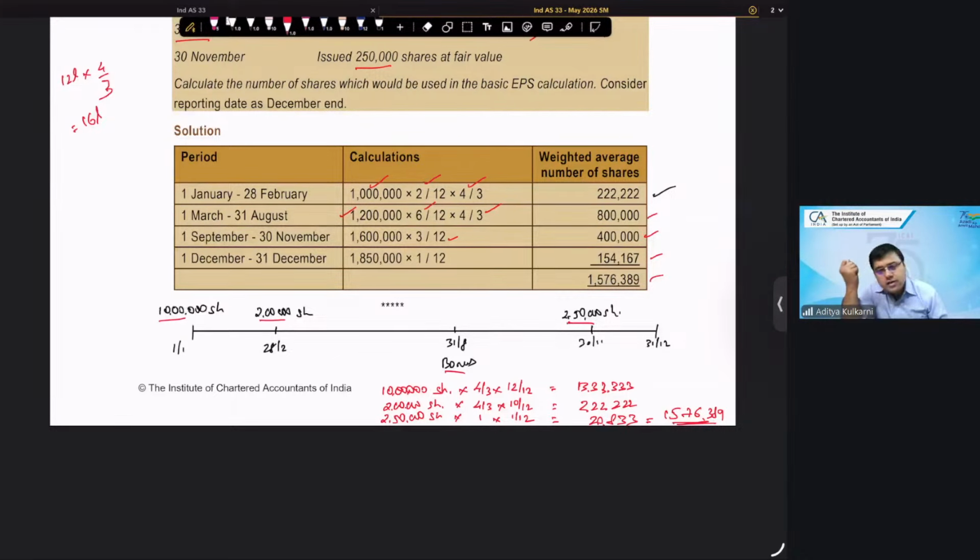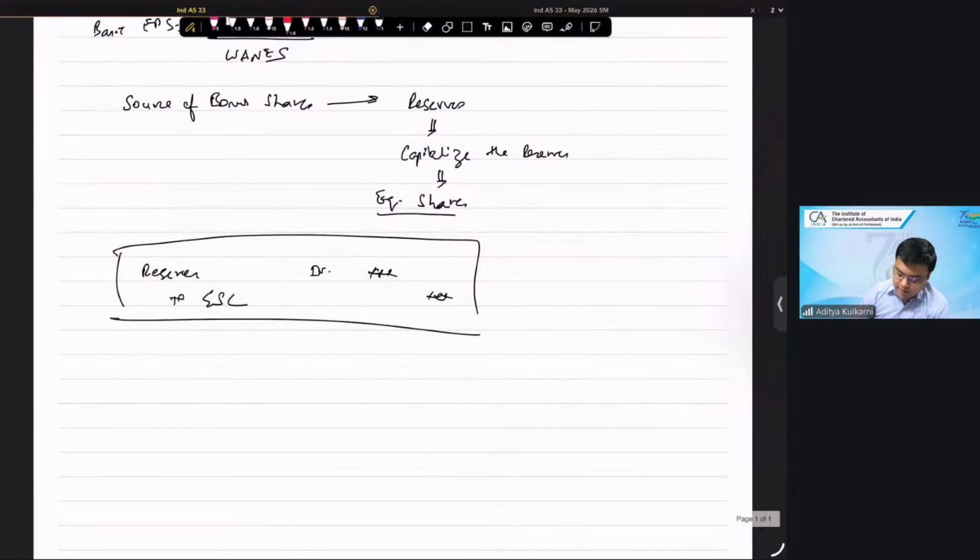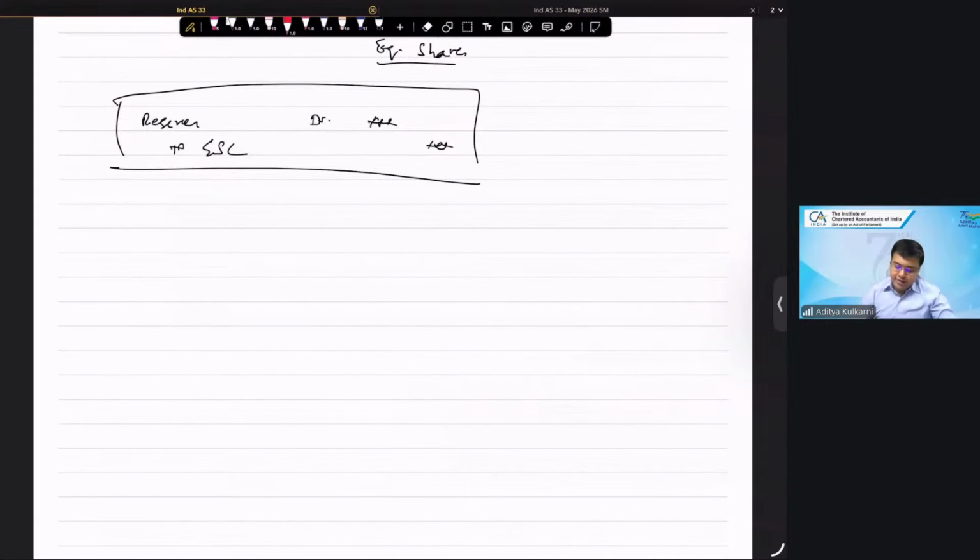Sir, I calculated 10 lakh shares for the entire year, correct, and the addition of 2 lakhs for 10 months. Correct. And then I took 4 lakh shares, sir. I did not multiply 4 by 3. Okay, so what you have done, one minute. Let me put it up this way then. So you have taken it as